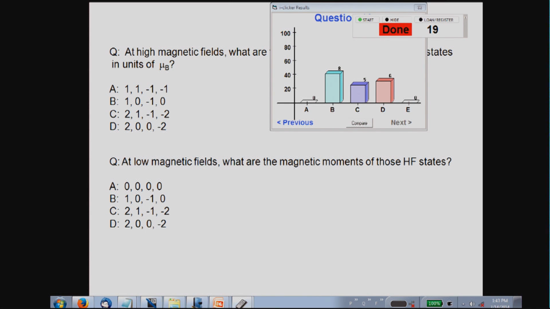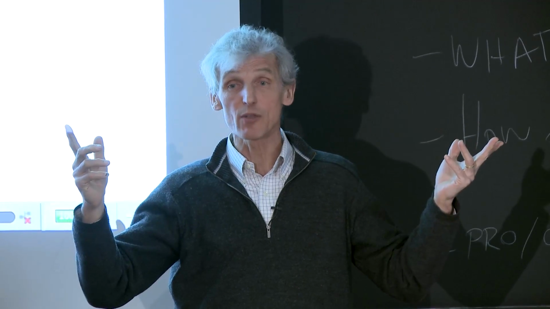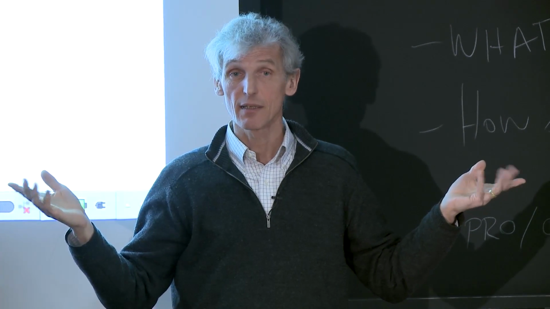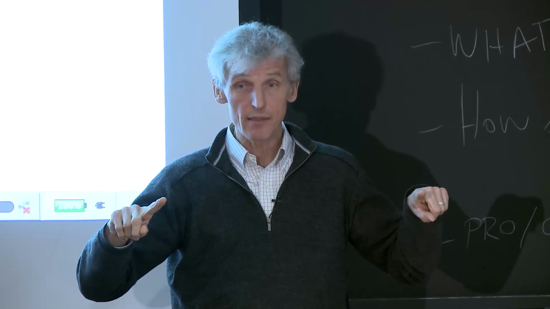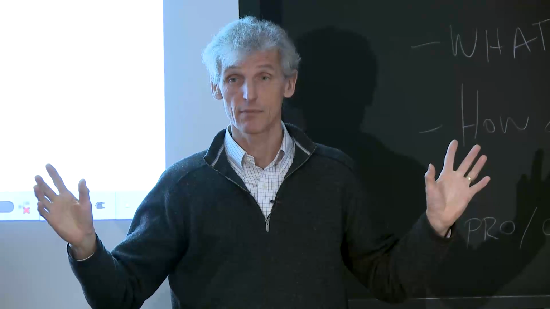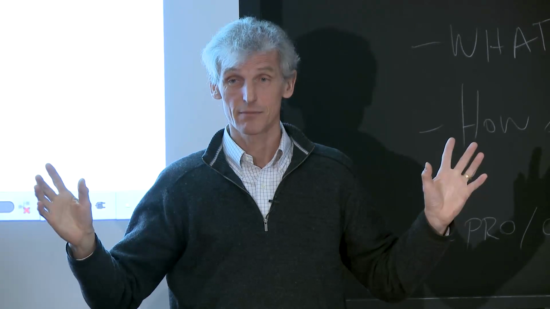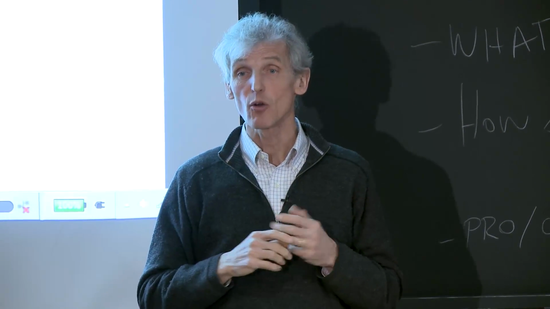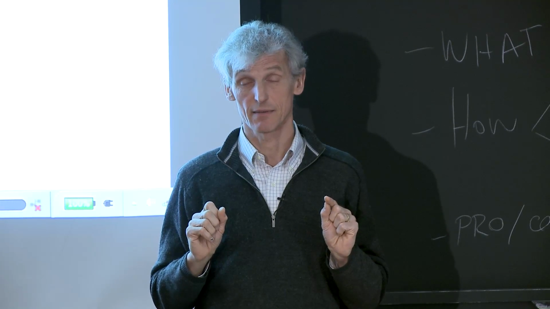1/2 and 1/2. We have an S of 1/2 of the electron. The I of the positron is also 1/2, and 1/2 and 1/2 coupled to F. And what are the values for F? F equals 1 and F equals 0. Okay. What is the magnetic moment of the F equals 1 state?